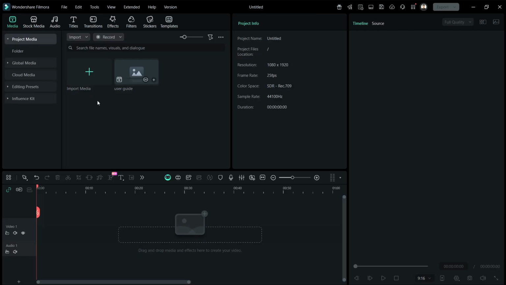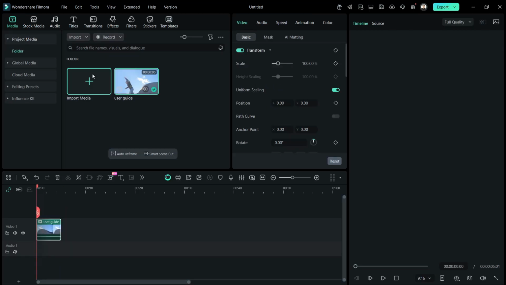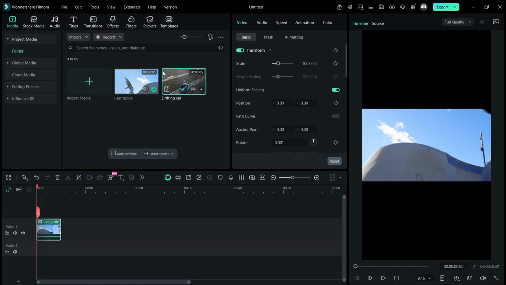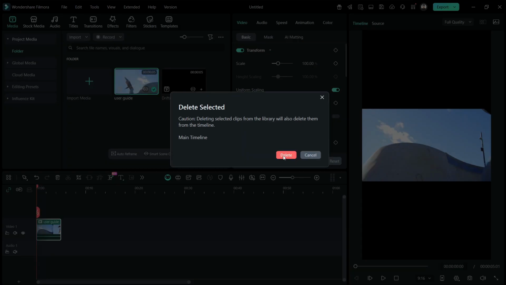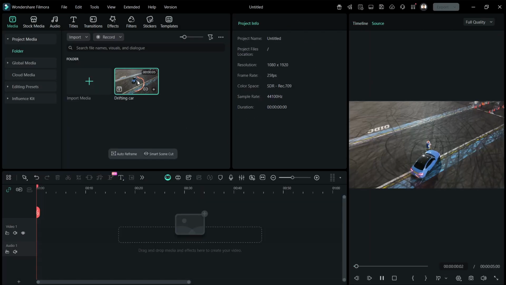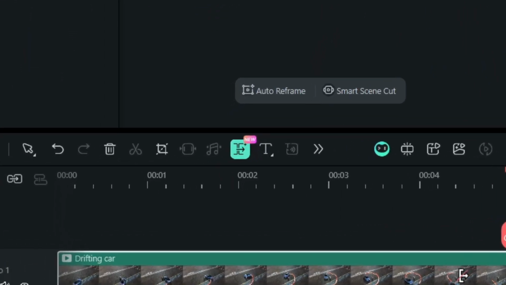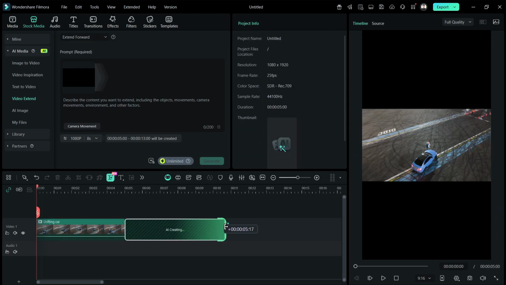Select AI Extend and import the video that you want to extend for a maximum of 8 seconds. I also used this video to make a tutorial on how to use the pen tool creatively. You can watch that video of mine on how to maximize the pen tool into something great. Drag and drop your video clip on the editing timeline. Click this AI Extend button and drag your old clip to the right to see what AI will generate to